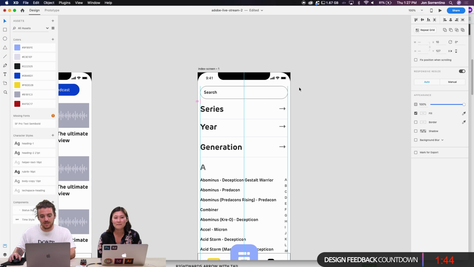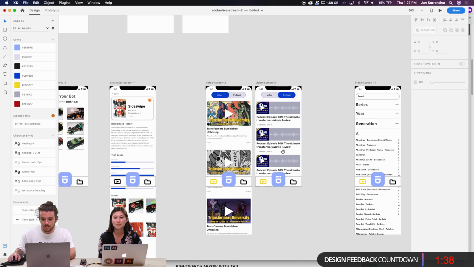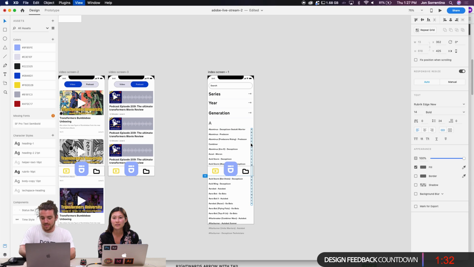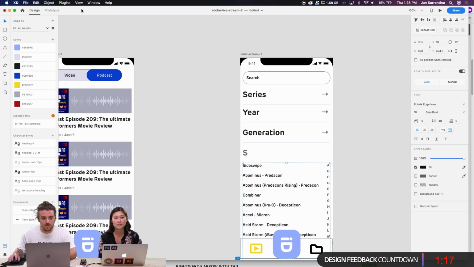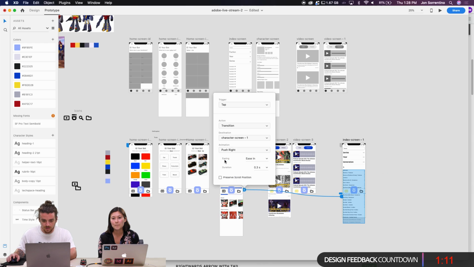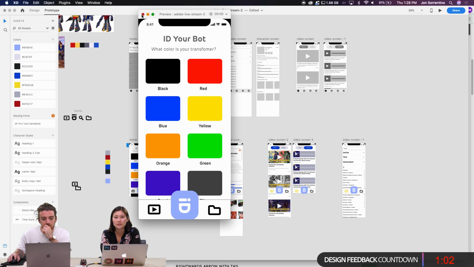Gonna get my spacing right here. Okay. So it would be kind of fun if we could just go through, let's see. We have to get all the way to S. And I think maybe we just start at S for this demonstration. And then we're just gonna name our first bot Sideswipe. This way when we go to the prototype, we could say that you can click in the index, you can go, I want it to slide right, and so let's see how that works. Oh, we gotta make that active.